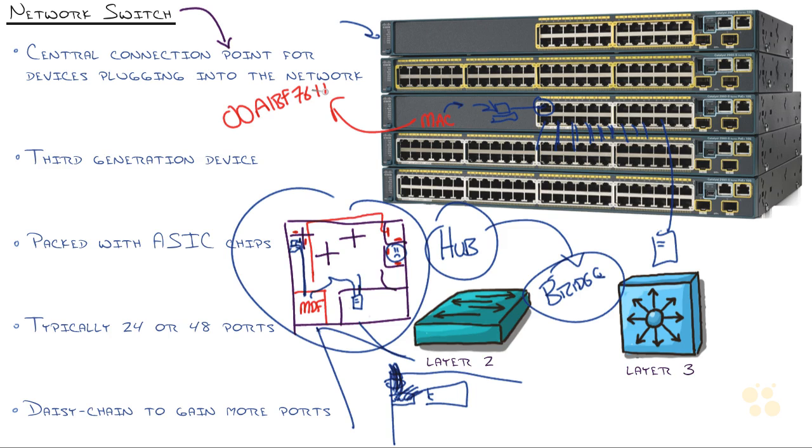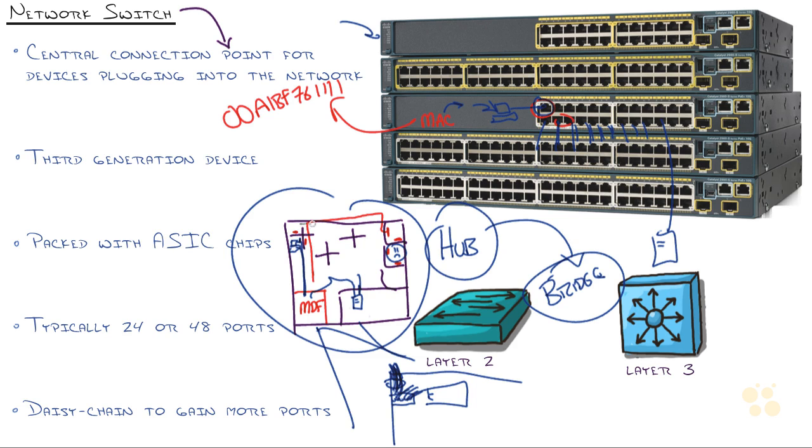It's a 12-digit address. It's hexadecimal, so 00A1BF7611. Oh, I didn't count my message. There we go, 12 digits, and I said it's hexadecimal. That just means you can use the letters A through F as well in those addresses, and every device has one, and the bridge would learn all of those, and now became equipped with the power to filter those addresses,